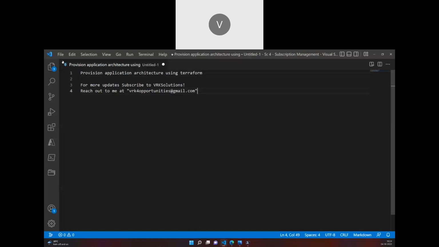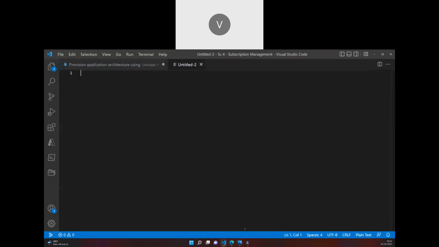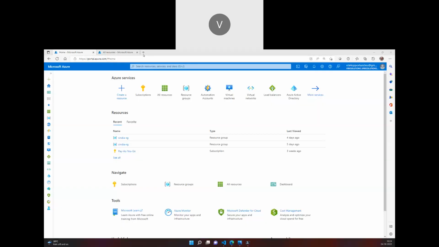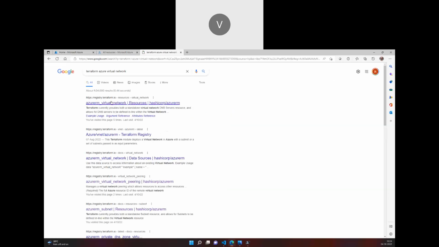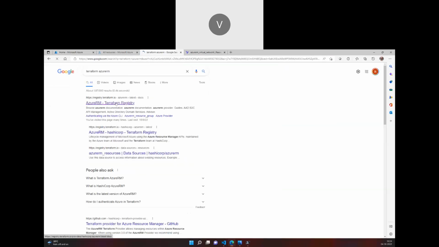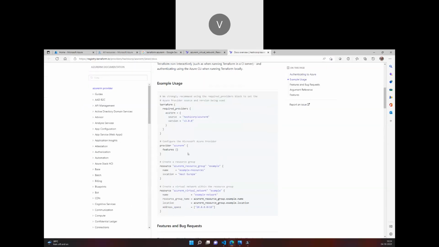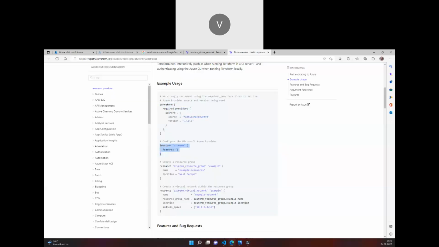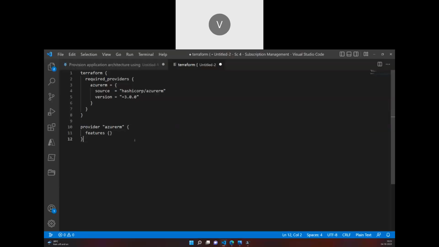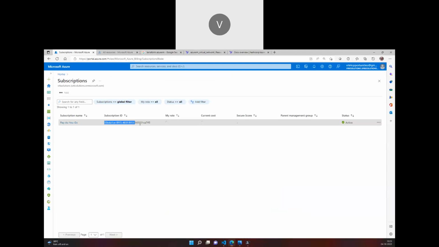So let me go and create a text file, and I will go to Google, and I'll search Terraform Azure Virtual Network, and I can find this. Before I do this, I'll also go for Azure RM because I want the main.tf. Now this is the one which we use. So I'll copy this from registry.io, the provider, and here I'll mention the provider name, which is Azure RM, and here I'm going to mention the subscription ID. And the subscription ID is nothing but my subscription ID. So I'll go here and I'll copy this subscription ID,